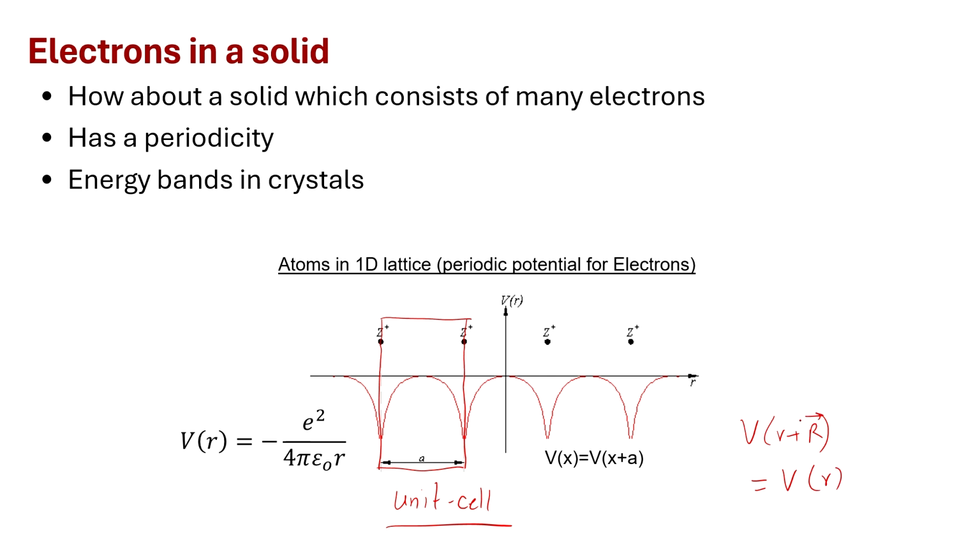If you translate the potential by this vector in the lattice, you will see an identical situation at that position also. That is why all the calculations that we do are for one unit cell, and this unit cell will give you